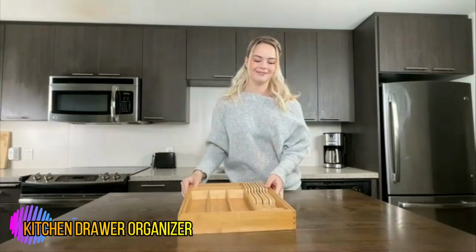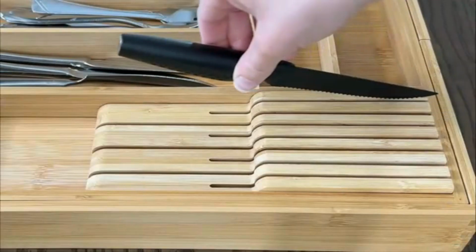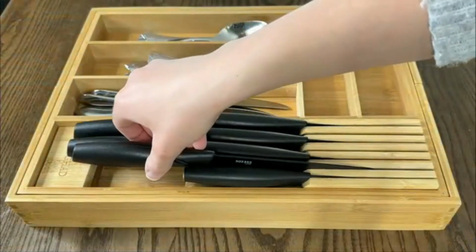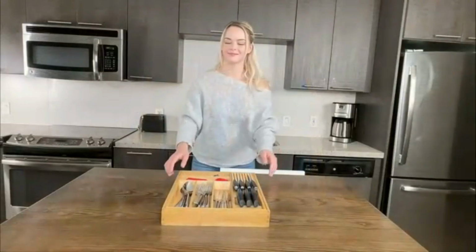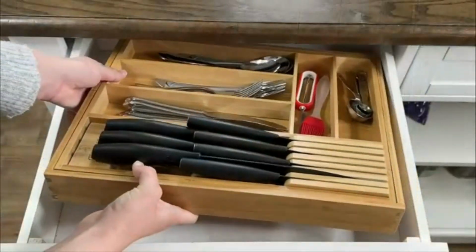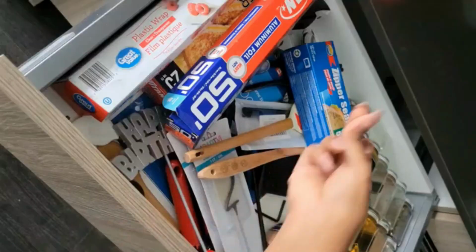Kitchen drawer organizer. Measure drawer size before ordering. Purewood kitchen drawer organizers are large and designed to fit in drawers that are at least 18 by 20. The organizer measures 17.5 inches long and 2 deep. The width is 13.25 inches when utilizing 7 compartments and can expand up to 19.75 in width when utilizing all